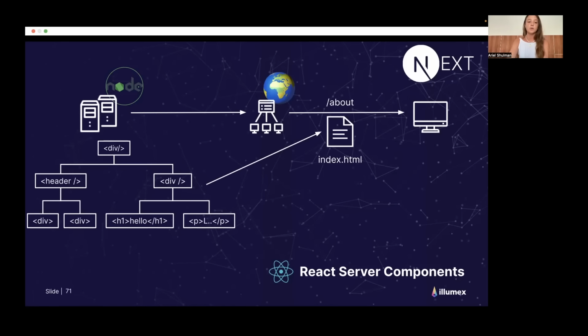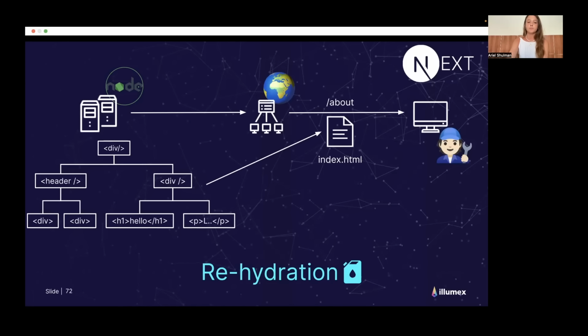So each route can already get the HTML built for it. And the only thing that the client would have to do is to put some petrol, or in other words, rehydration. There are some elements in the DOM tree that require event listeners from the browser, and the client would re-render only those components.